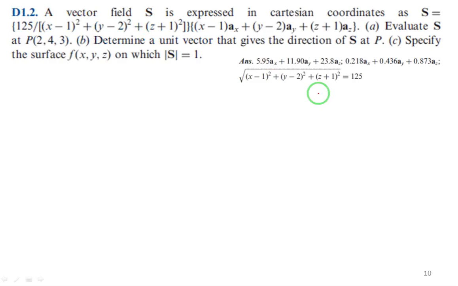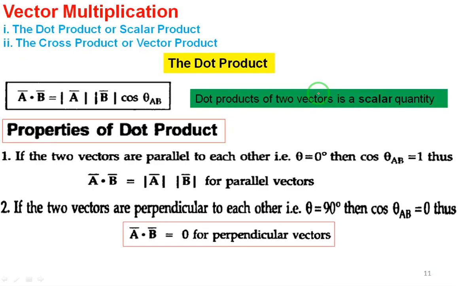Okay, the same problem is repeated here in this slide. I will not concentrate much here. The next, vector multiplication. We have seen there are three types of vector by a scalar, already we have seen. Next, if I want to multiply purely the vectors, then either I will go for dot product, also called scalar product, or the second, cross product, also called vector product.